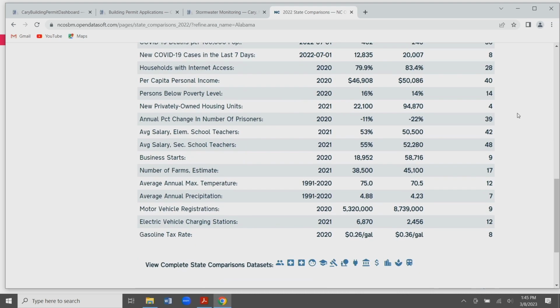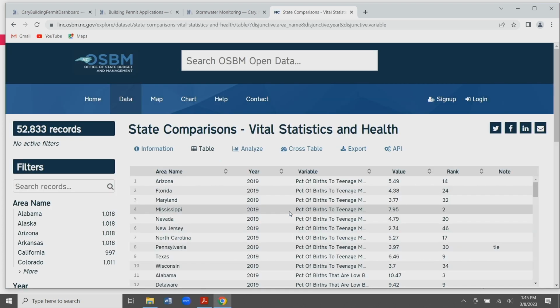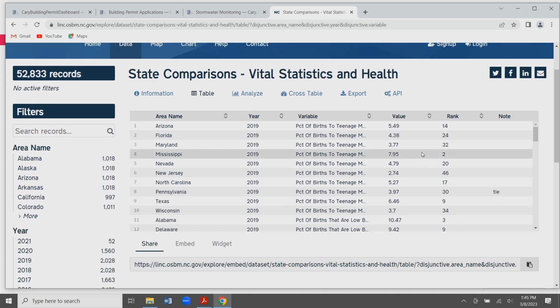As you can see, it gives you quite a general yet clear overview of interesting KPIs that for state and local governments are quite important. And then if you want to go further into the data, here you have view complete state comparison datasets. So if we click, for example, here, again, it's going to take us to their catalog, and we're going to see